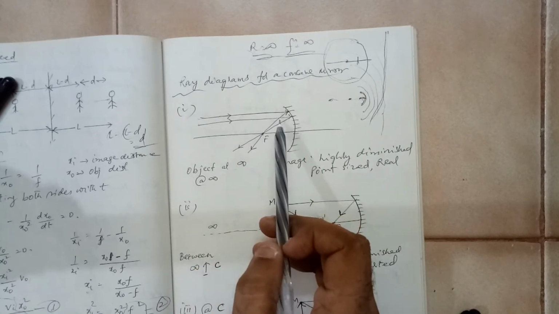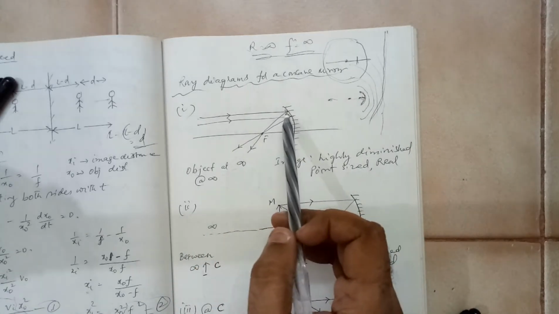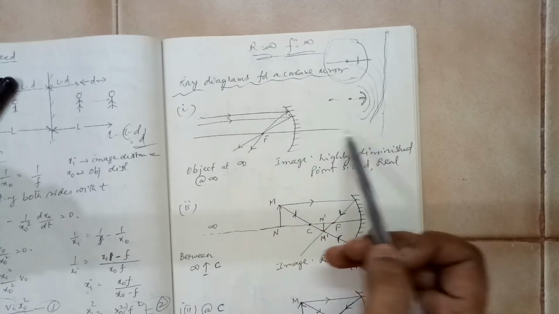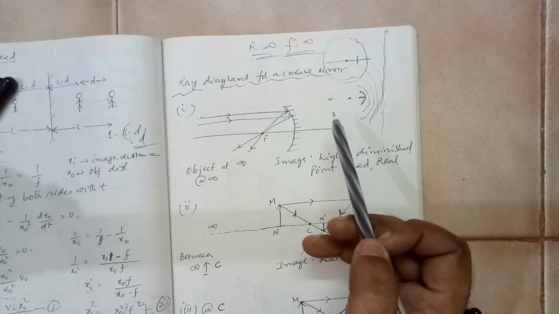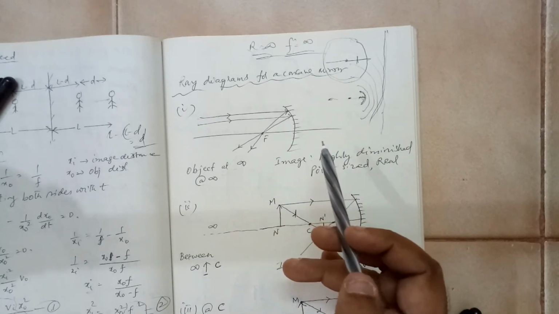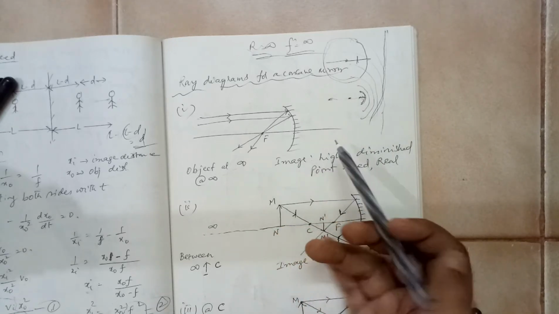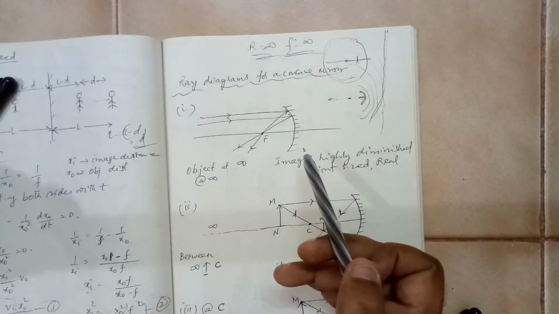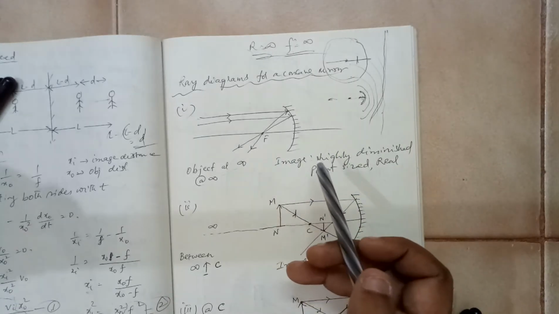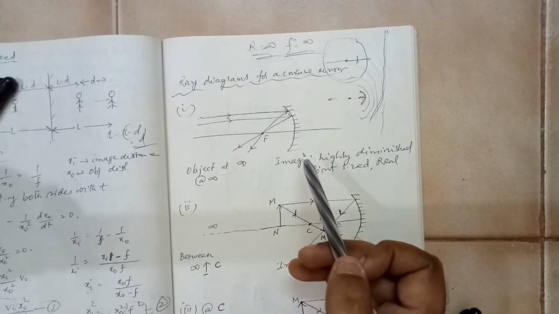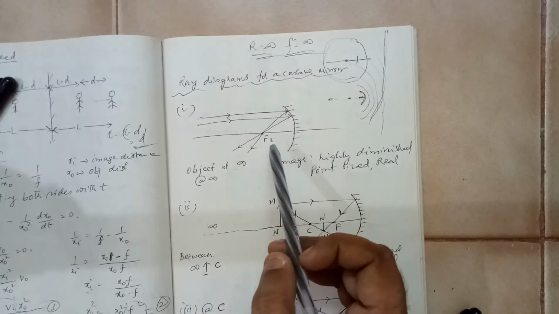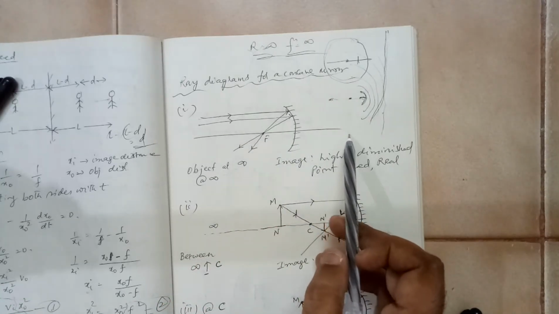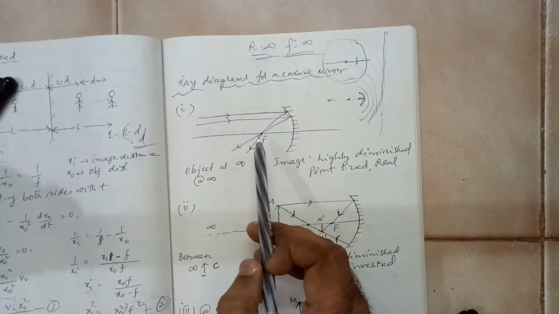So these parallel rays, as per the 4 rules we have studied, after reflection from the mirror, will pass through the focus. So the image will be formed at the focus. For formation of the image, you have to take 2 rays, and sometimes for confirmation 3 rays. The reflected rays meet and intersect each other at a point, and you need to draw a perpendicular from that point to the principal axis. This line is the principal axis. Here the image is forming on the line itself, at the focus itself.